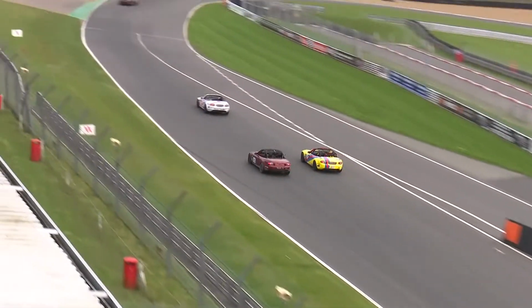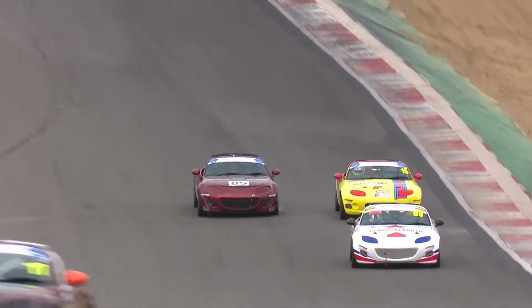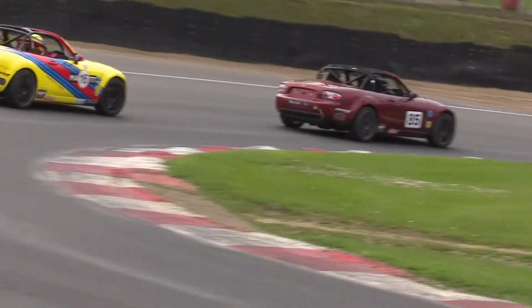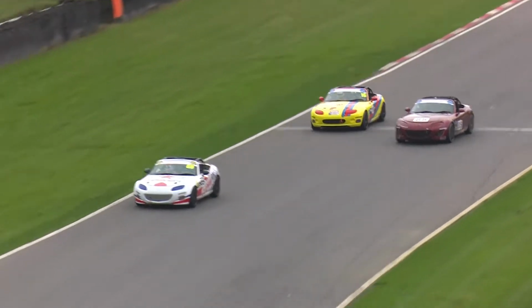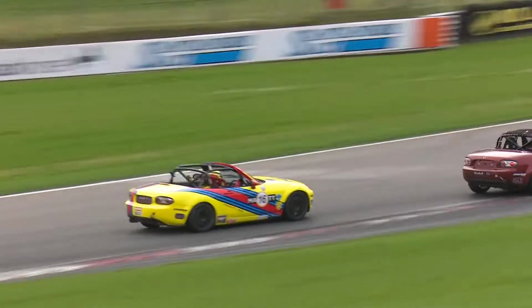And in fact now the 85 car of Chris Webster joining in the fun as well after his gravelly moment earlier on. So 3 cars now fighting away for 6th place, and Pickford, by virtue of going in on the tight line into Paddock Hill Bend, ends up running a little bit wide on the exit, and so Webster seizes the chance to dive up the inside on the run up Halewood Hill. And because it is such a steep uphill run to Druids, if you are slow off Paddock, it's compounded all the way up the hill. There's really very little Pickford could do there, so time to regroup, I think, for Matt in the 16 car,